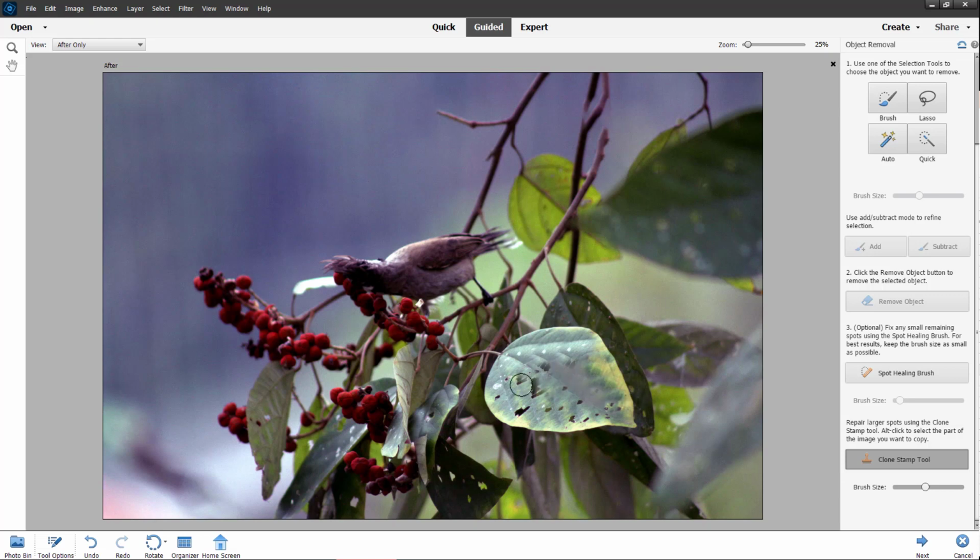So that is how you can utilize the guided object removal option inside of Adobe Photoshop Elements. I hope you guys learned